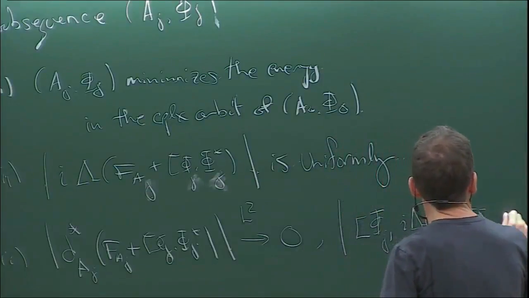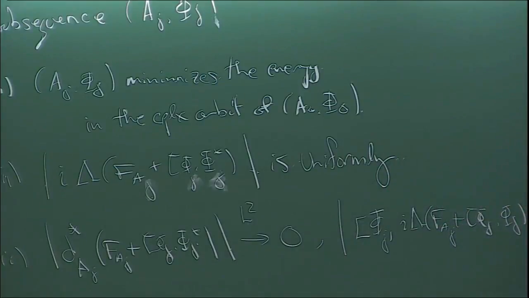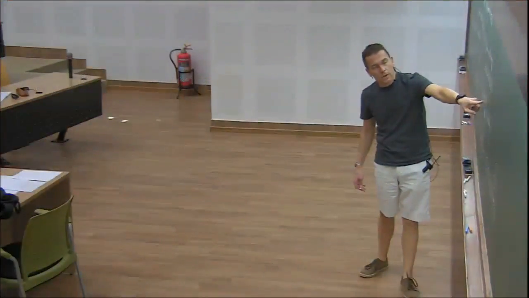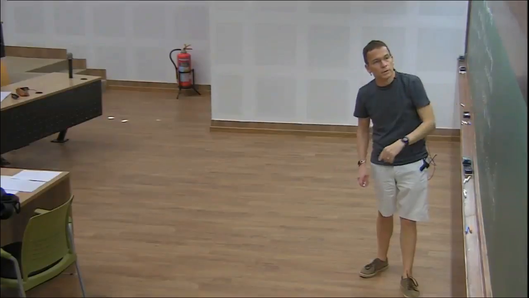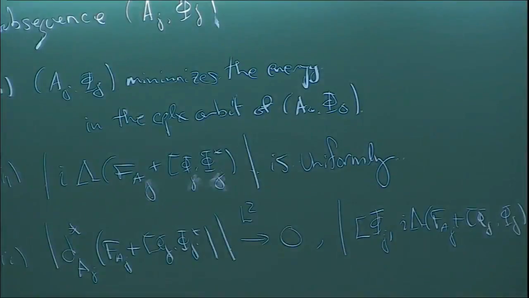Okay, so these are the favorable things that you would want to conclude that if there's a limit, it should be a Higgs bundle, first of all. Right? So you'd like something to be converging to a minimizer. A minimizer should be a critical point of this energy functional, which are the solutions to the Higgs Hermitian-Yang-Mills equations. And so this is exactly what you would like to get.